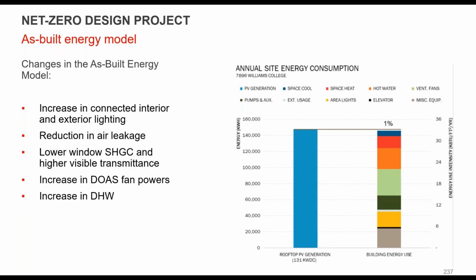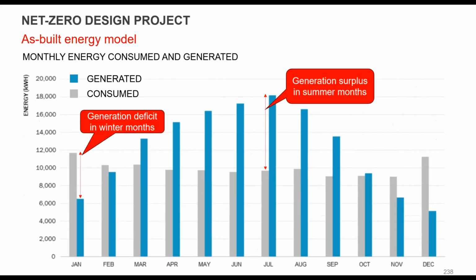Fan power on the dedicated outside air may be higher. Domestic hot water may be higher. People may want to take longer showers than you're assuming they are. So we take that into account, and then we start looking at the monthly energy consumed and generated, and seeing